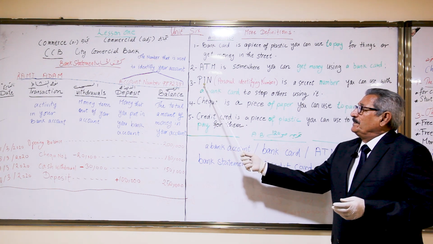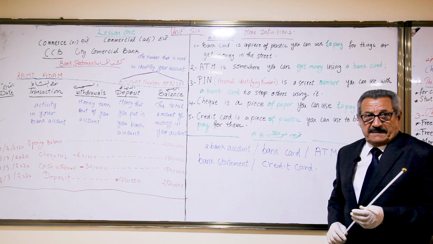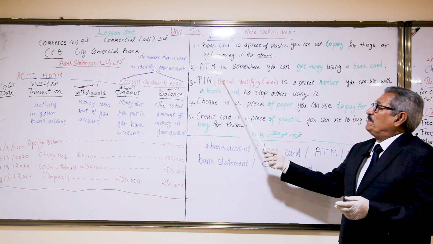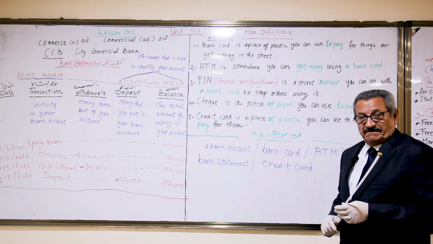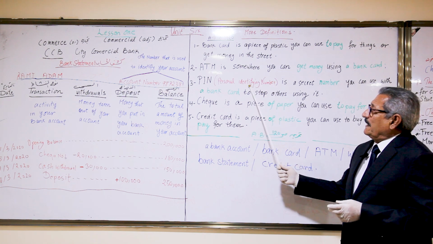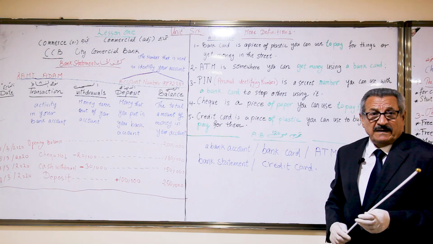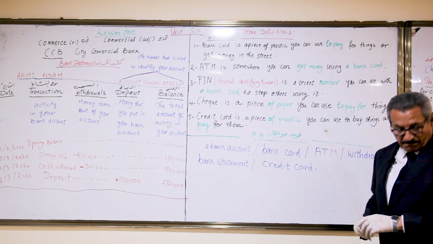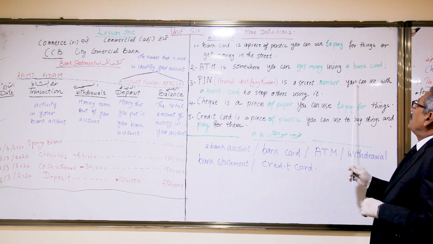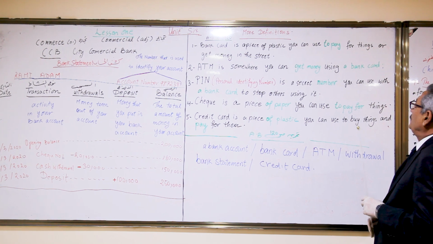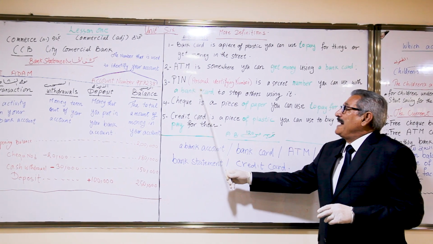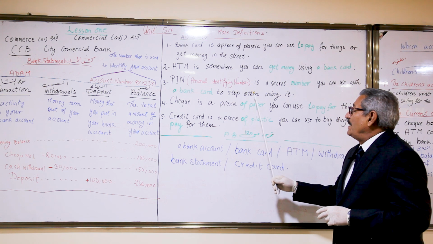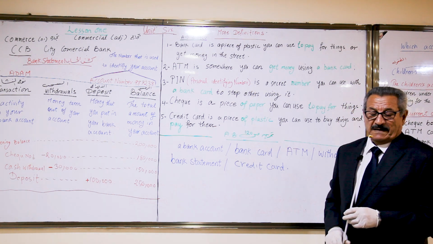The third definition: PIN, which is called in Arabic الرقم السري, short for Personal Identifying Number. The definition is a secret number you can use with a bank card to stop others